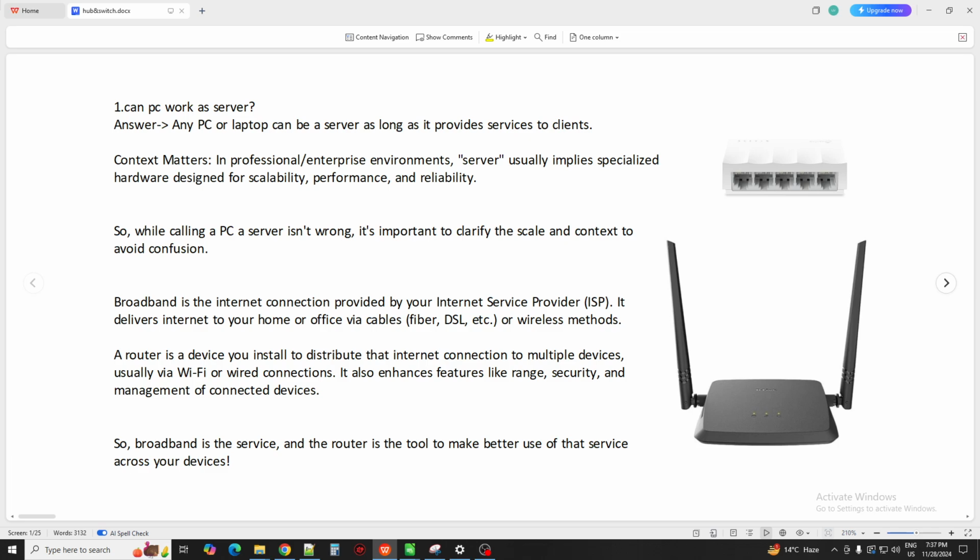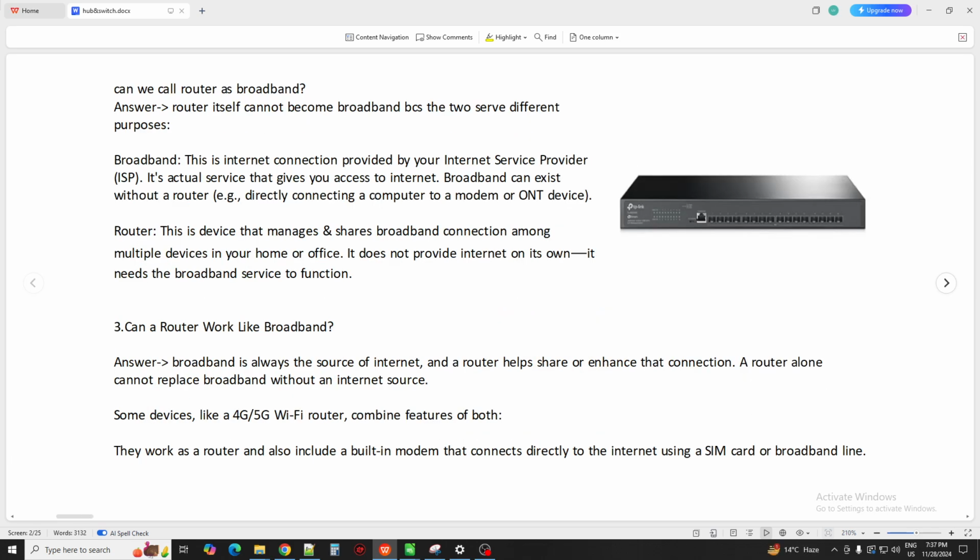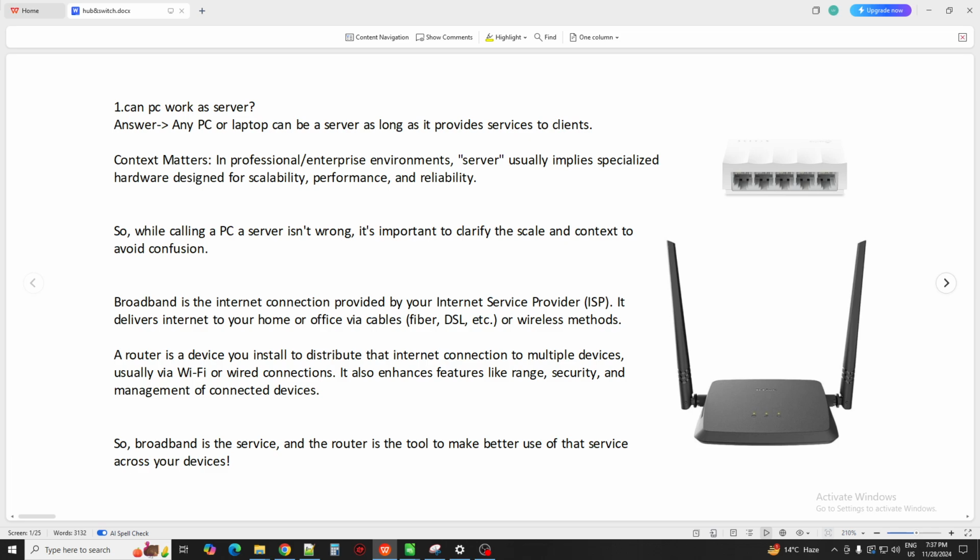So this thing has to be noted. A PC and laptop can work as a server, but you have to know that there is a dedicated server, in which more profound or more dedicated things are being done. A PC can be called a small server, a simple server, or a converted server. But dedicated servers are different, where stacks and stacks of layers of hardware are deployed to do a specific task. In a PC, we do multiple tasks: editing, gaming, streaming, and many more things.